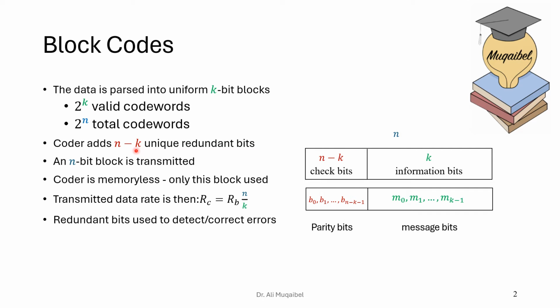I'm going to add to them. The coder will add n minus k. So the total length is n. The added part here is r, which is equal to n minus k. n is the total length of the code word after coding, and k is the information bits. So we have n minus k check bits. An n-bit block is transmitted. This is the n-bit code transmitted, and the coder will be assumed to be memoryless,